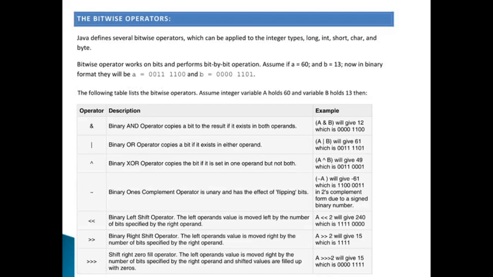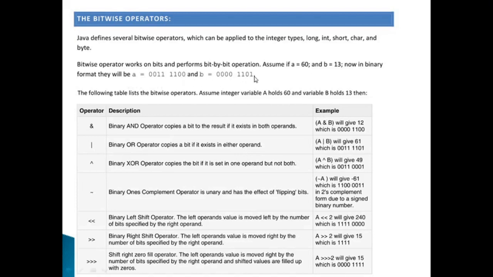Now what does a binary AND operator do? It performs the AND operation between the various bits of the two numbers. A and B will give what?